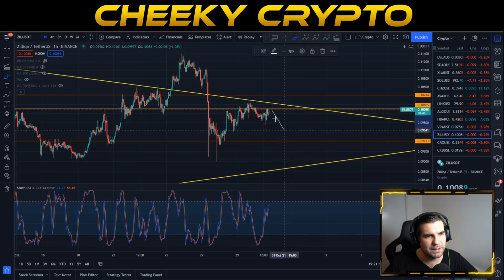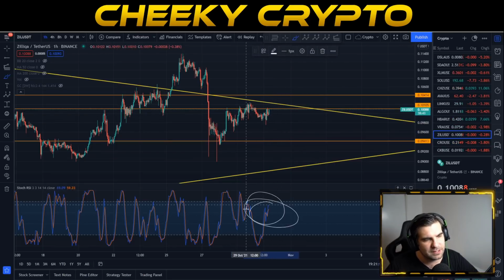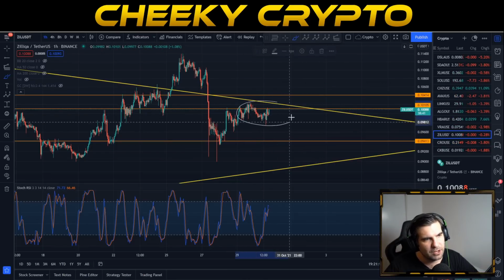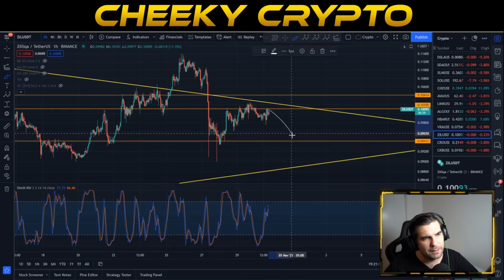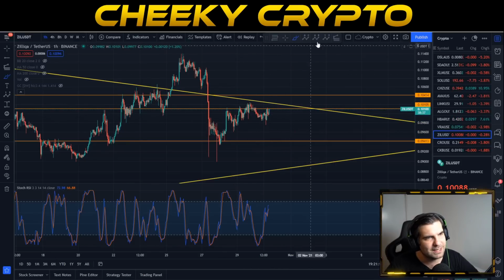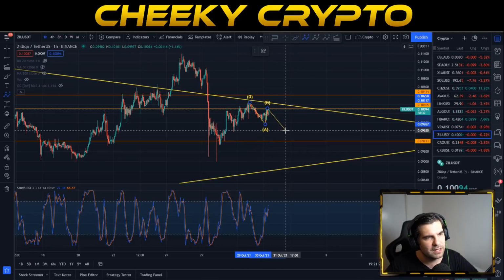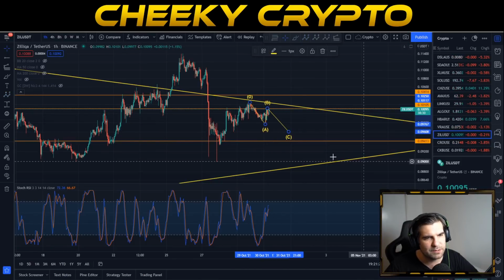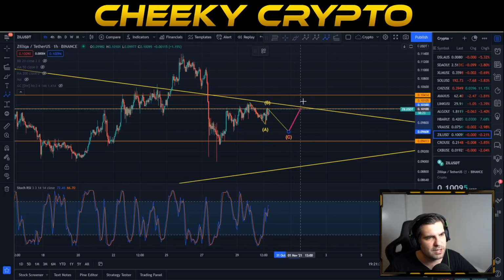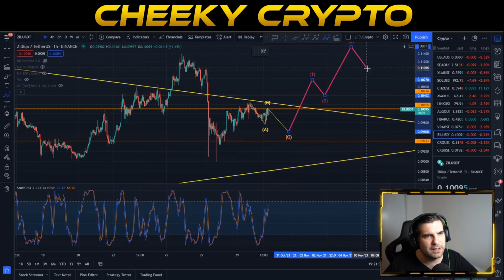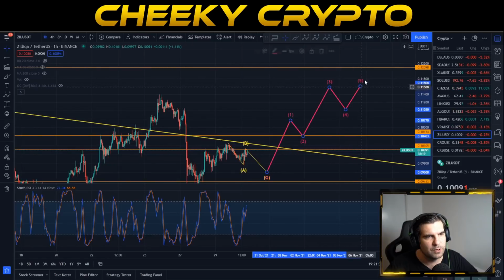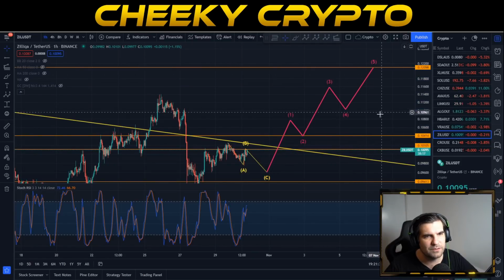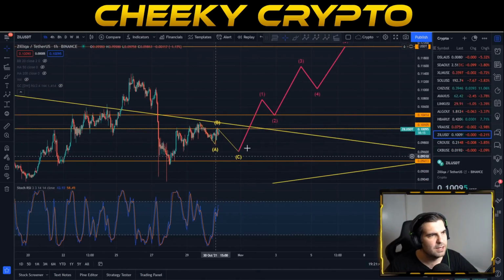Now, in terms of Zilliqa here, I think it's gearing up for a pretty big move, but I do think we're expecting another pullback first, okay? We can see that the stochastic is approaching the overbought area. We're up against resistance right now, so do expect a bit of a pullback, right? And basically, this would be in line with an ABC. We can see here, this would be your A, this would be your B, and then we'll look for a C coming down to approximately 9.6 cent, just at this lower area. And then from here, we'd like to see that explosion to the upside, right? We'll go for a big impulsive move to the upside overall, maybe taking us out towards these targets of 12 cent. Okay, and this is what we're looking for.